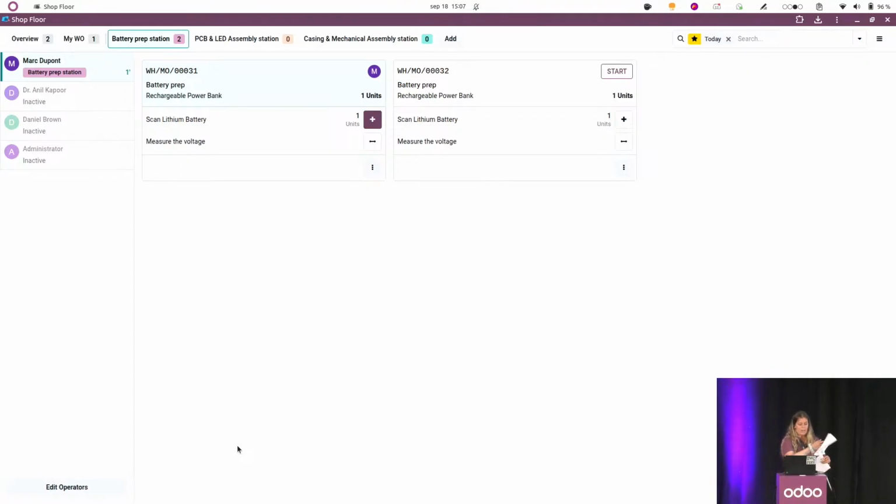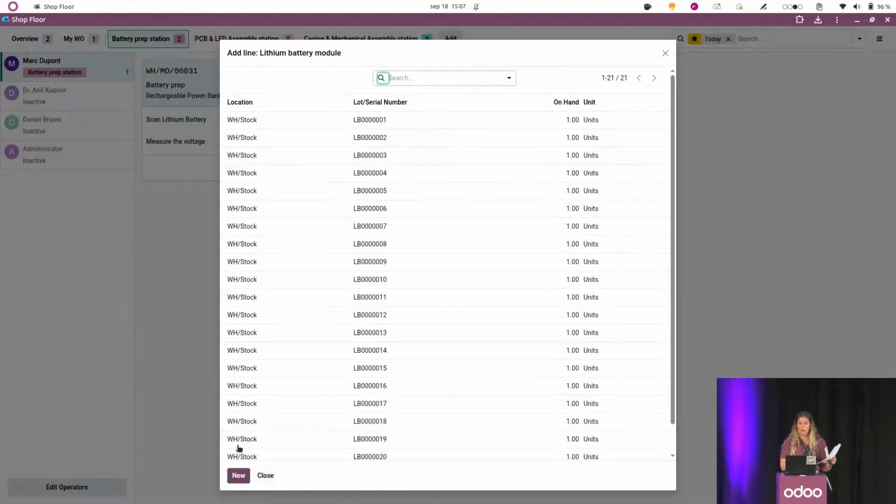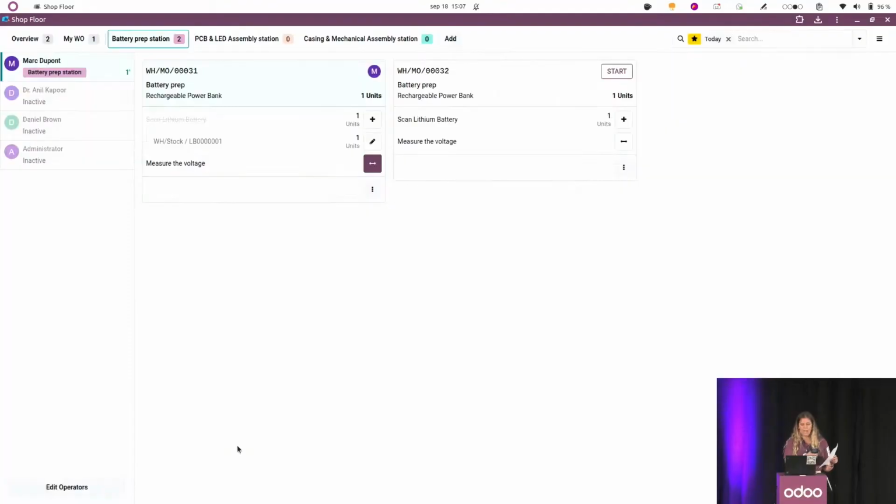So now that he's here, he can actually start working, and that's also something very cool from Odoo 19. You can now scan, and of course I will play a little bit with the papers, but normally you just take the product in front of you and you scan the product. But he has a lithium battery to scan. So he scans it, and it tells you that there is also a lot number or serial number to be given. In this case it's a serial number, so that's exactly what I'm going to do. I will scan that serial number, and paf, the component has been used. Or boom, like